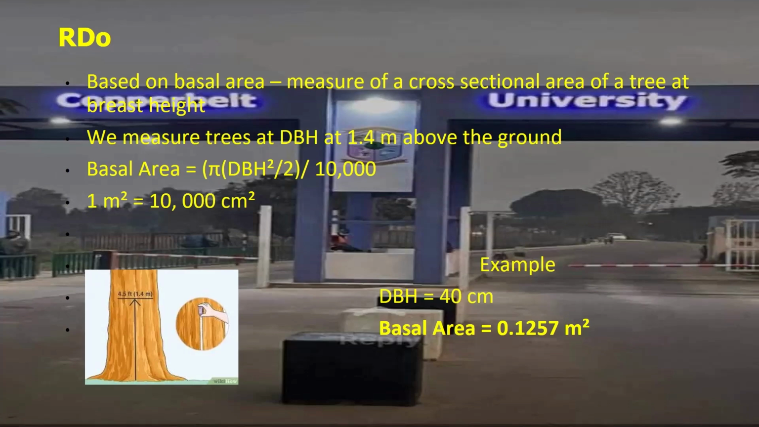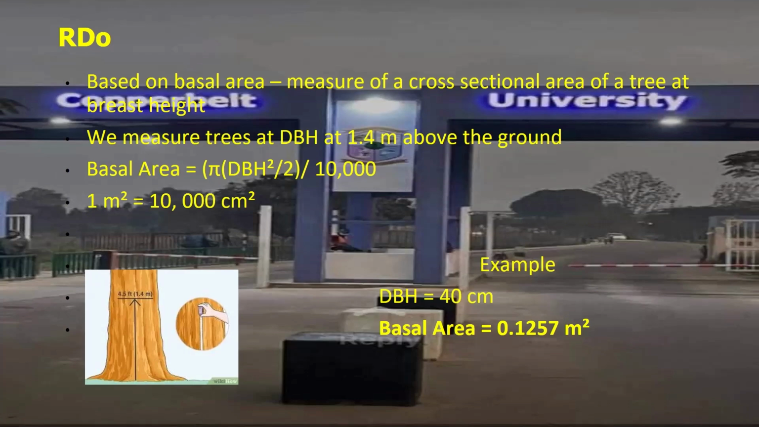just follow through the example. We are saying pi, so we divide the diameter by 2, which is 20. 20 times 20 is 400. 400 times 3.142 gives me 1,256.8, divided by 10,000, which gives me 0.12568. That will be your basal area,